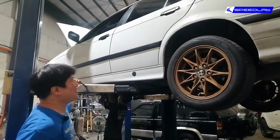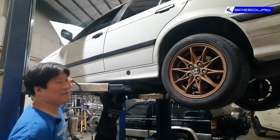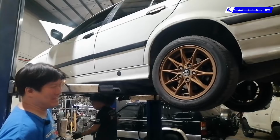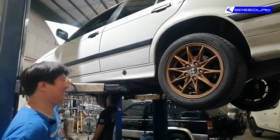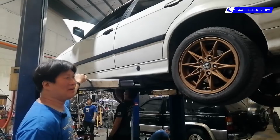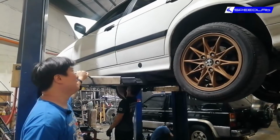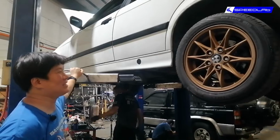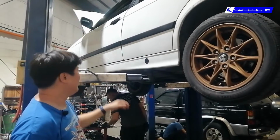Yes, we also work on European cars, much to a lot of people's surprise. They think that we only do Japanese cars, so City, Vios, Altis, and of course diesel SUVs. But we have been tuning European cars ever since we started. Like now we have an E36 325, which is getting the full exhaust treatment, and then